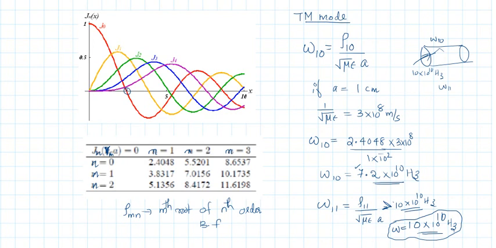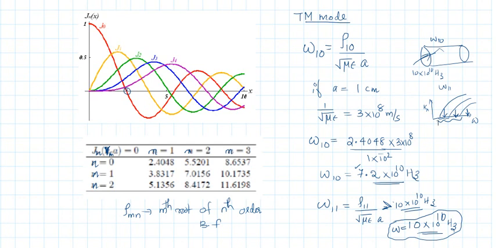Okay, so we already discussed these things in the last class. Here we have omega, here we have k lambda, and we have different graph like this. If you have a driving frequency somewhere here, these three modes will propagate. If you have a driving frequency here, these two modes will propagate. If you have a driving frequency here, this mode only will propagate.